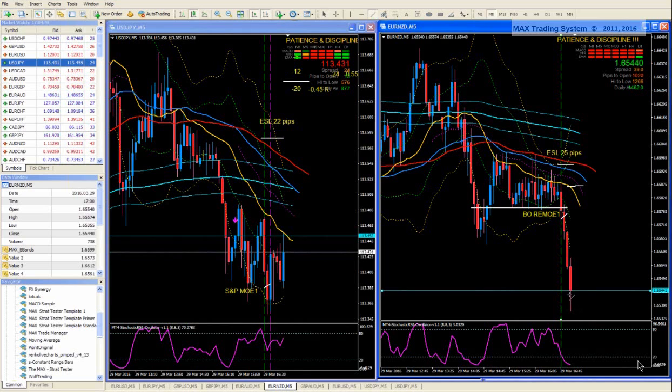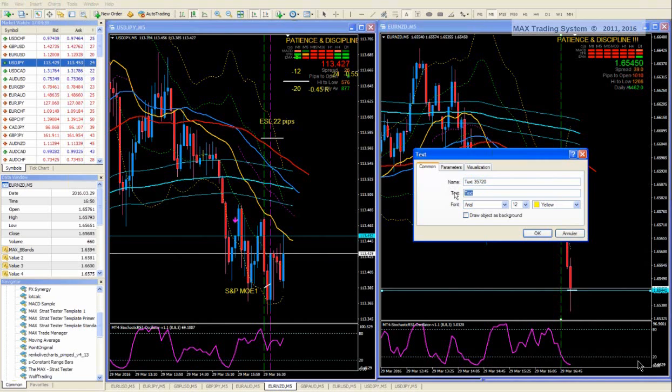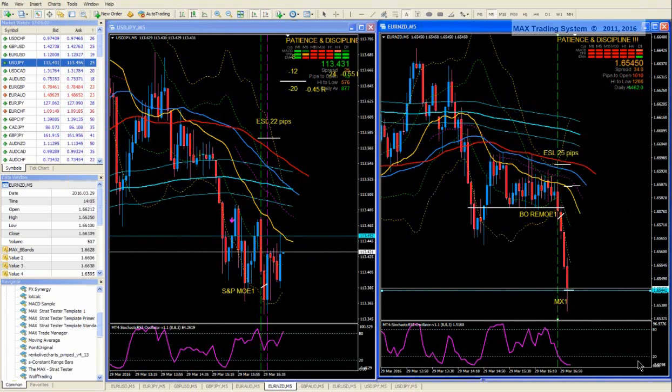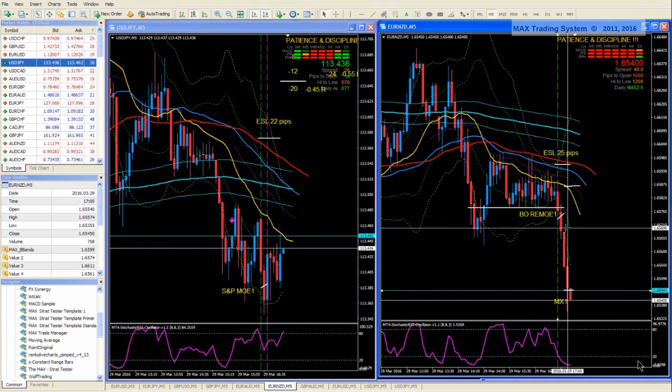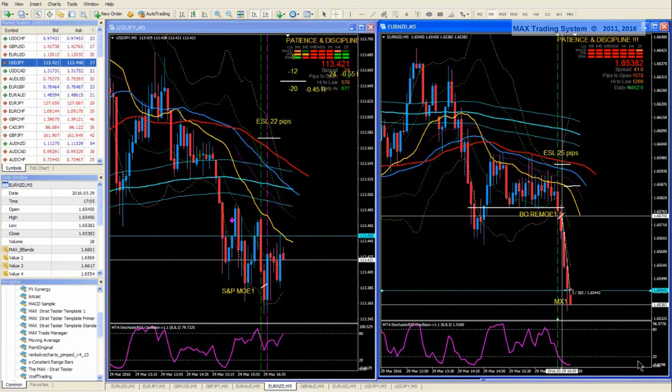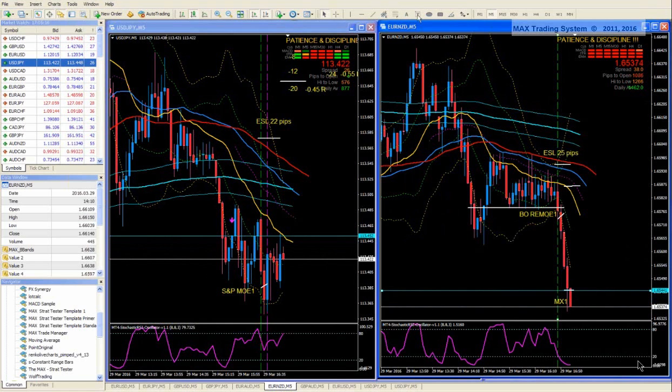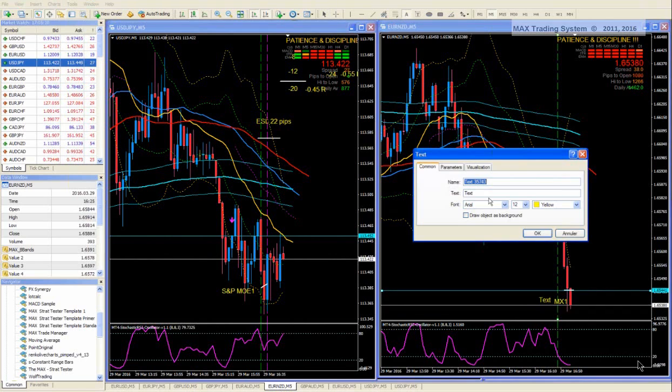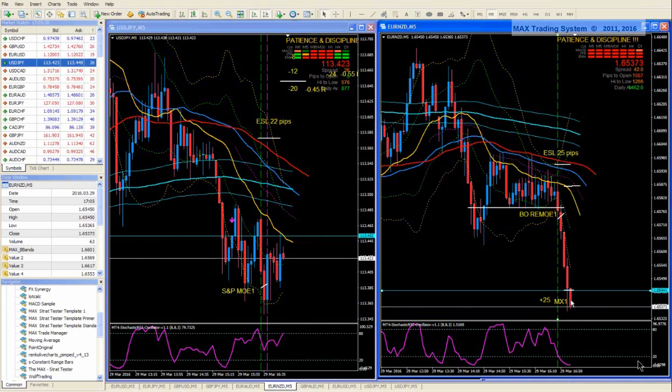Okay, I make my MX now here. And so I close one unit here, okay? And with the MTM it would be very easy. We push on the MX button. And so the profit on that unit would have been here. So 30 pips minus the spread. The spread is, let's say, 5 pips to consider a small slippage. So 25 pips, okay? Plus 25. I'm simply marking the chart, so I don't know which kind of slippage I would have had, okay?